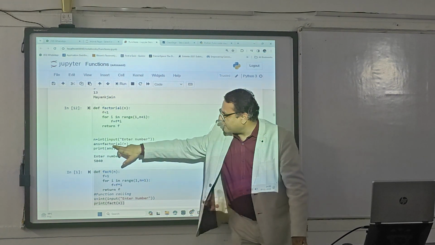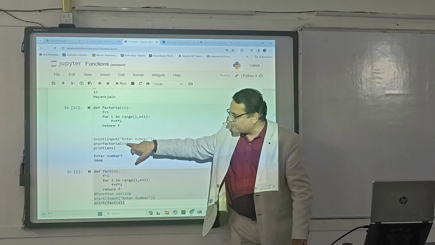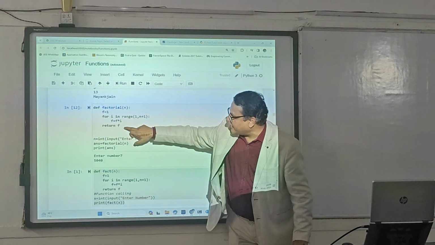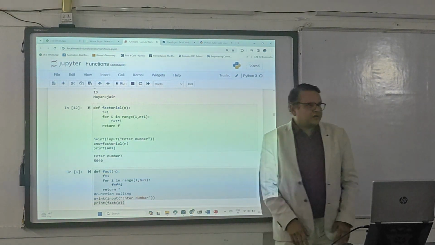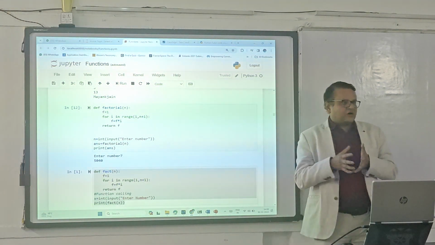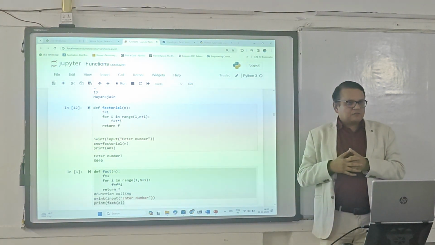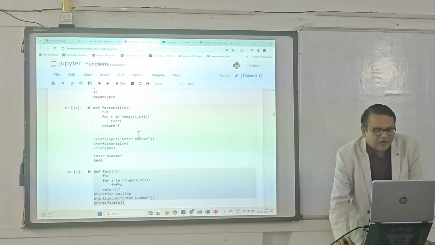And the calling statement will, whatever you need to calculate the factorial, you will pass here, it will go here, and it will be calculated and returned as the answer, and it will print. This is the way we write a function. So a program can have 10 functions. Is that clear? So if I run this program, you can see here,